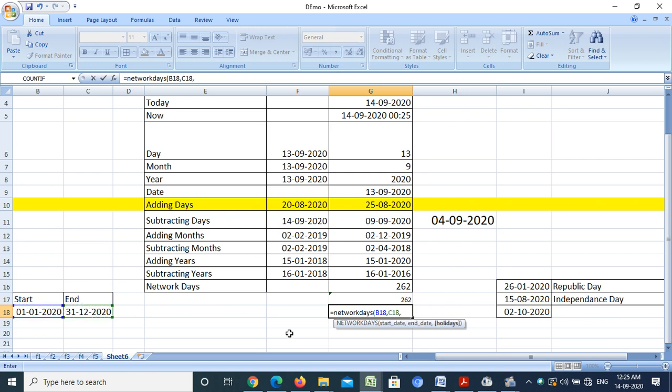Now I will select these three holidays, because 26th January and 15th August fall on Saturday and Sunday, but now I want to check this date. After that I have to press enter. Now it will show 261 networking days.